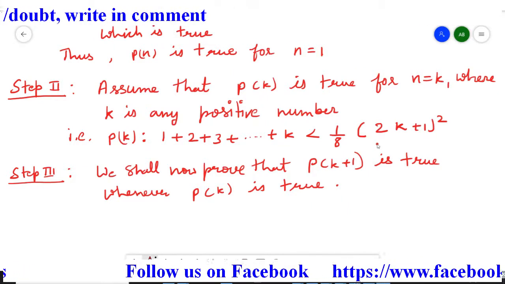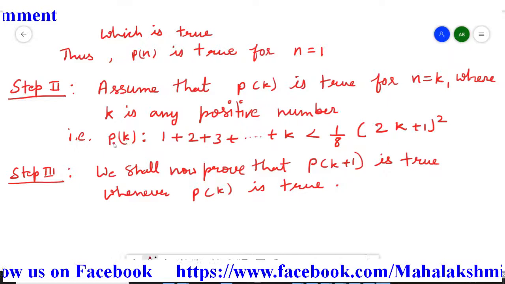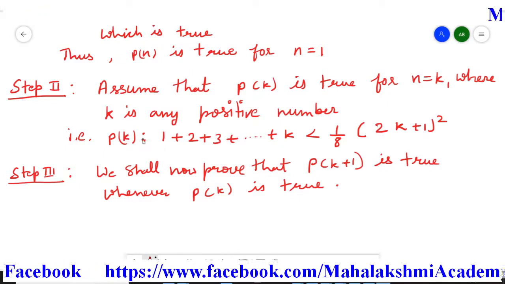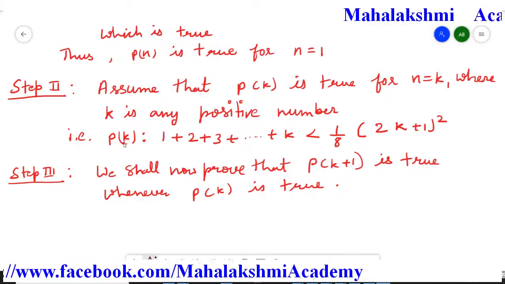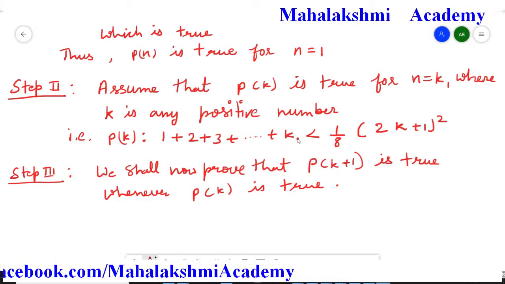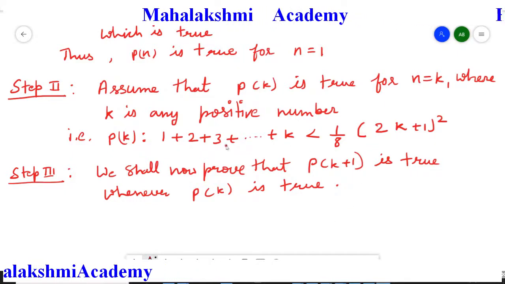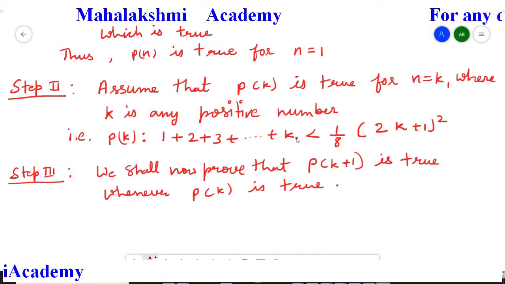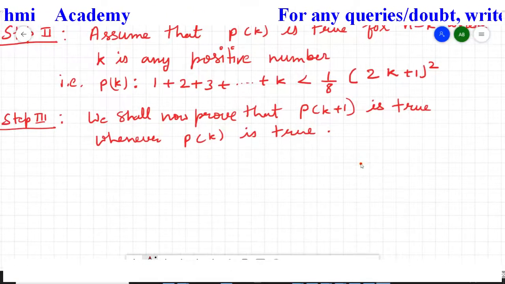convert into the k plus 1 statement, an extra term will be added because it's the Pk statement. So here we have k, that time it is also ending by k. So if you want here k plus 1, then the term should end by k plus 1. So first we'll write down this inequation here, and after writing this inequation, in both the sides we are going to add k plus 1. So we are going to get like this.